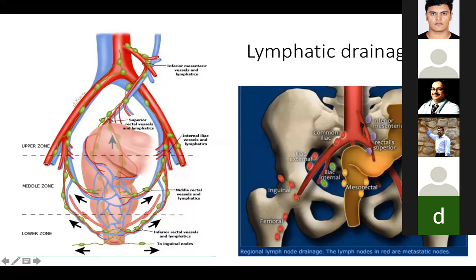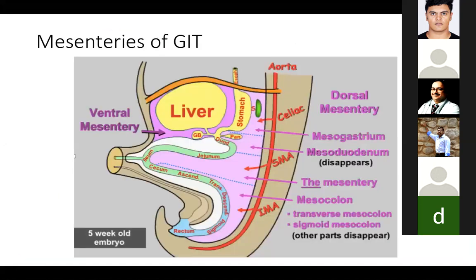So the inferior mesenteric nodes and the entire drainage pattern of the internal iliac, including the obturator nodes, are regional lymph nodes for the rectum. By the same corollary, the common iliac, external iliac, inguinal and femoral nodes would be non-regional, with the exception that if there is an anorectal tumor, meaning the tumor has gone into the anal canal, then inguinal can be considered regional, but those are exceptions.